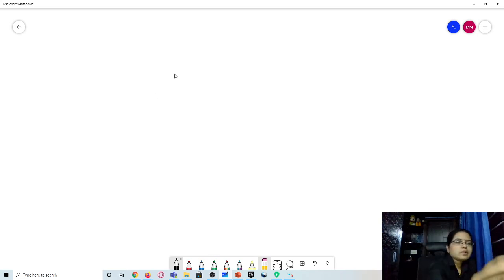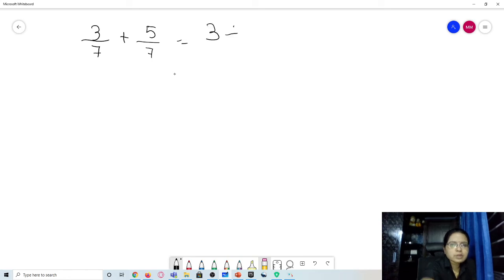Now addition of like fractions. 3 divided by 7 plus 5 divided by 7. Both are like fractions as the denominators are equal. Just add the numerators only. So 3 plus 5 divided by